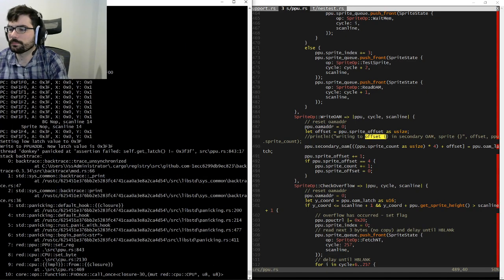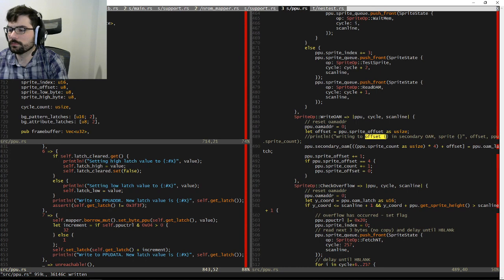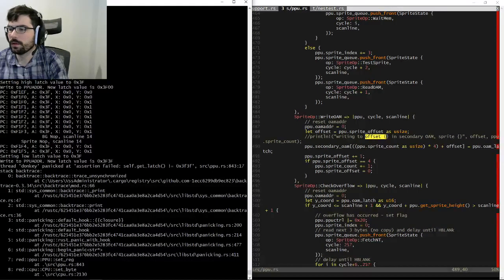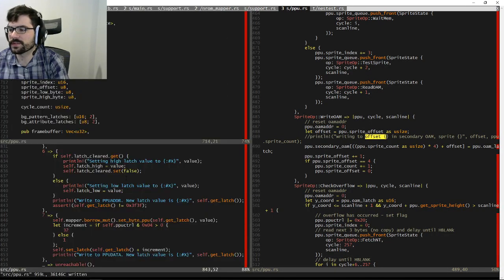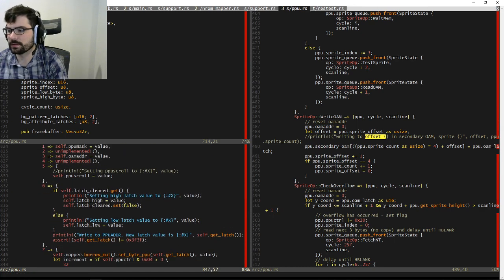All right. Yeah. So it's definitely written to twice with 3F as the value, which is what makes me suspect a CPU bug.